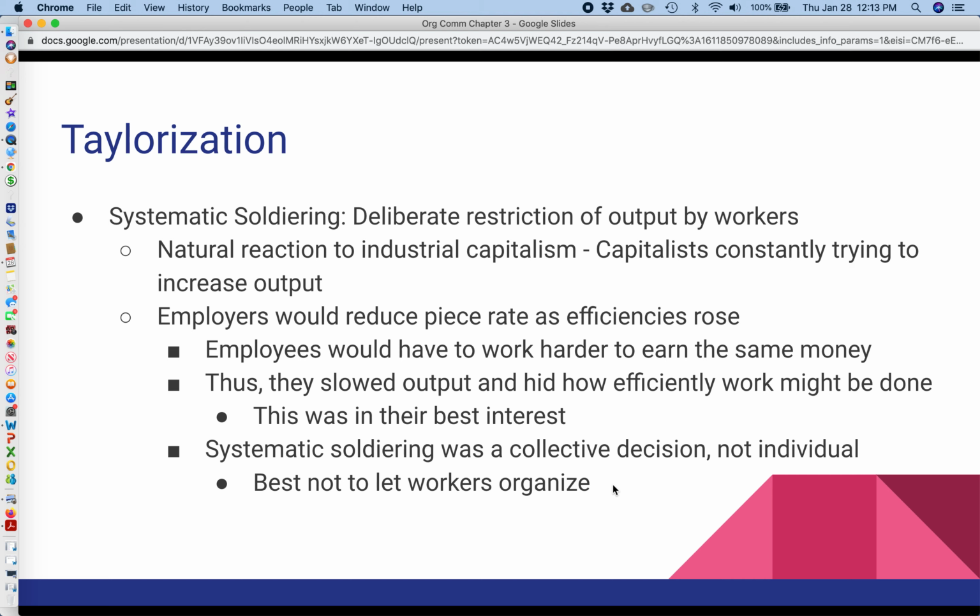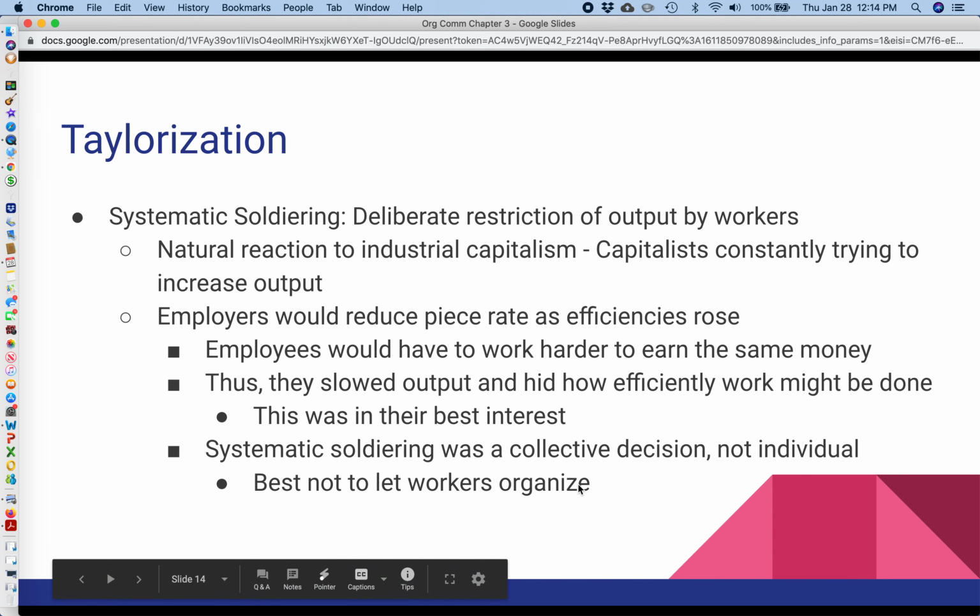And even today, we see this going on, right? We know that Amazon, for example, notoriously doesn't want employees to organize. They were hiring private detectives in Europe, for example, to follow around their employees who were interested in possibly forming unions. Because the idea that workers get together and lobby for their own best interest as a group, that's not good for the employer, right? They don't want that. Because if employees get together, they can dictate a lot of the terms of their own employment. And that's just not in the best interest of the organization.